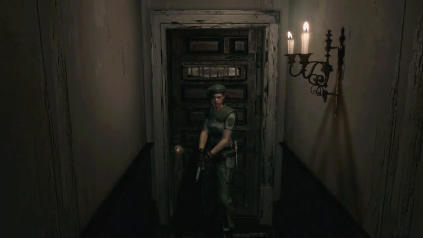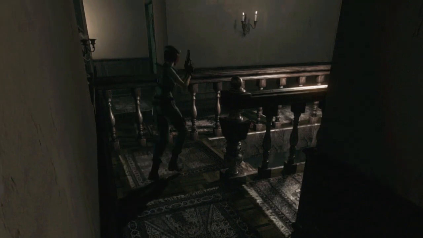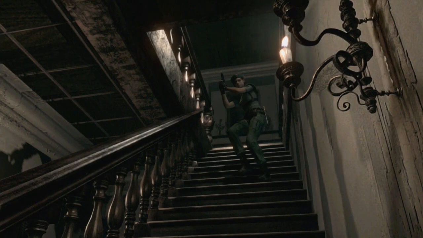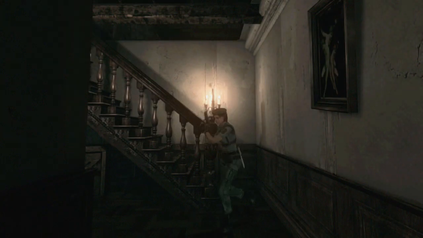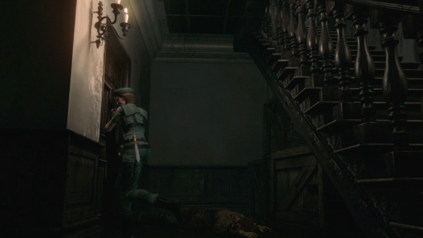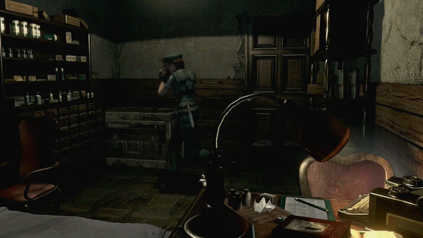With nothing more to explore on this hallway, the only choice is to go downstairs. Now, I've taken out the zombie that was originally there. There's another zombie on the ground. His ability to get up is possible. I've not figured out how to trigger it yet. So,